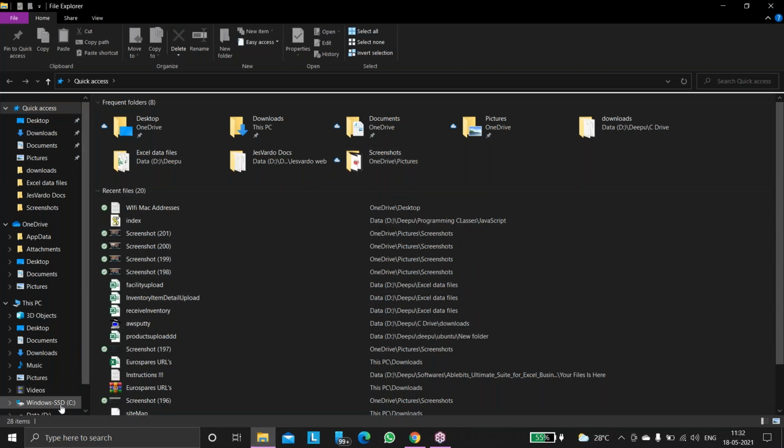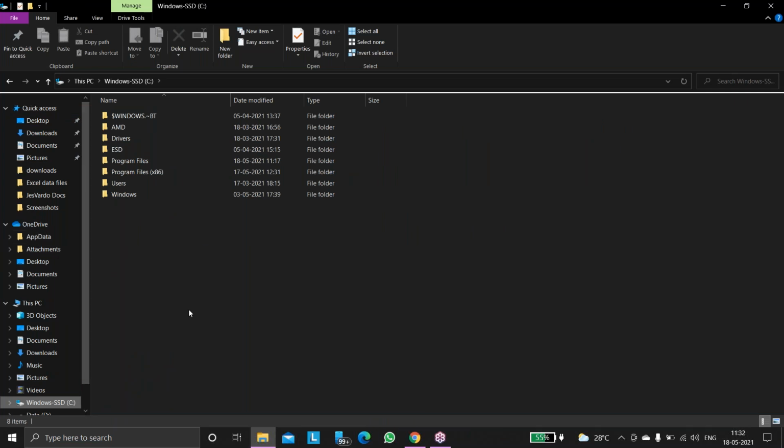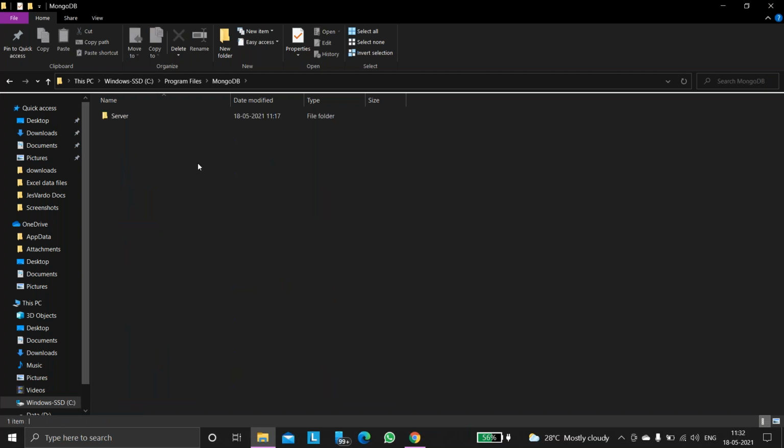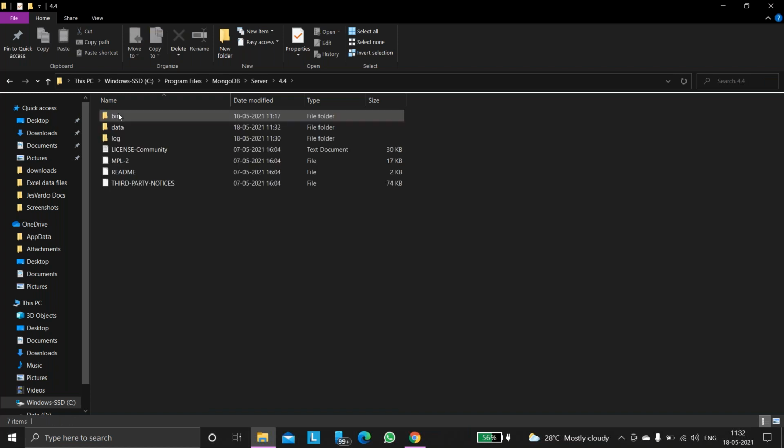Now we need to know how to run MongoDB. Wait, don't do it, please. Gnanadeep, don't do anything. Okay, now we need to check how to run MongoDB. Go to Program Files, and if you observe here, there will be MongoDB. Click there, and you can find Server. Click there and see here, this is version 4.4. Click there and see, there are so many folders available. Here bin is the important folder, and you can observe here the data folder.